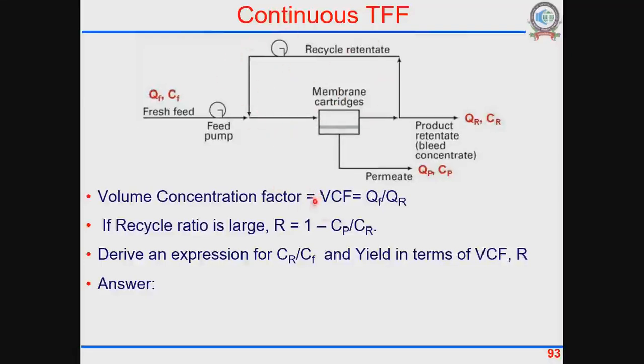So now the volume concentration factor would be QF divided by QR. If the recycle ratio is large, then we can write R as 1 minus the permeate concentration divided by the concentration in the membrane module. And because recycle is large, the concentration in the membrane module would just be the same as the reject concentration,